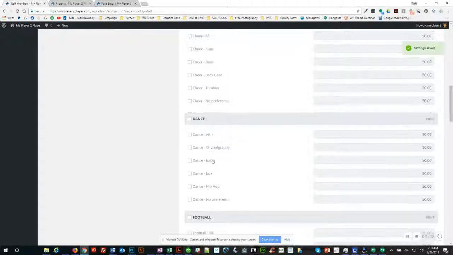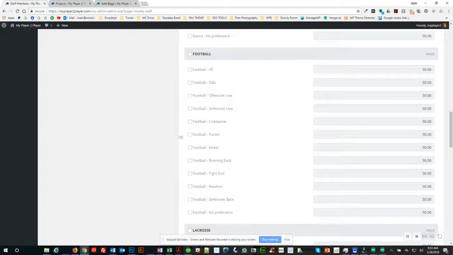So we'll scroll down to football. And so wide receiver and cornerback. So cornerback's going to be defensive back. Receiver, the category that is called just receiver. For every person, we